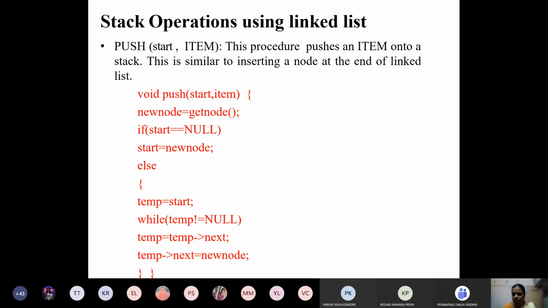Are Danish, Nazir, Rahul, and Lakshanjani, these members, in the class? If you are in the class, respond in the chat box so that the CR can take your attendance.